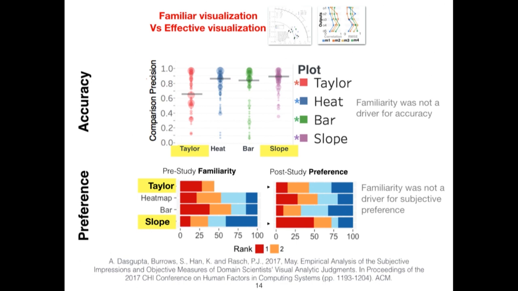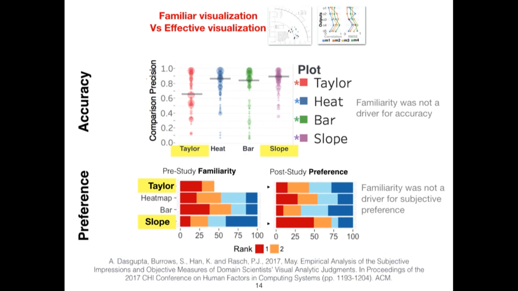So on the x-axis, you see the percentage of people who assign different ranks. In here, I'm showing you the ranks 1 and 2 mainly. I will comment on the ranks 1 and 2. If you look at Taylor plot and slope plot, you can see that about 25% of people ranked it as number 1 for familiar, as the most familiar visualization, and close to about 12% for slope plots, but that percentage